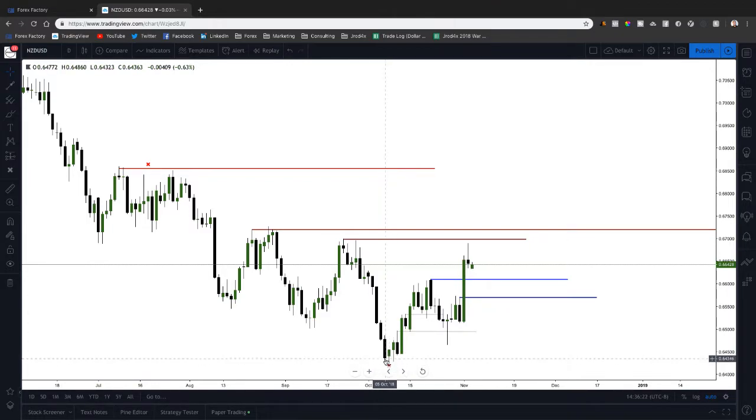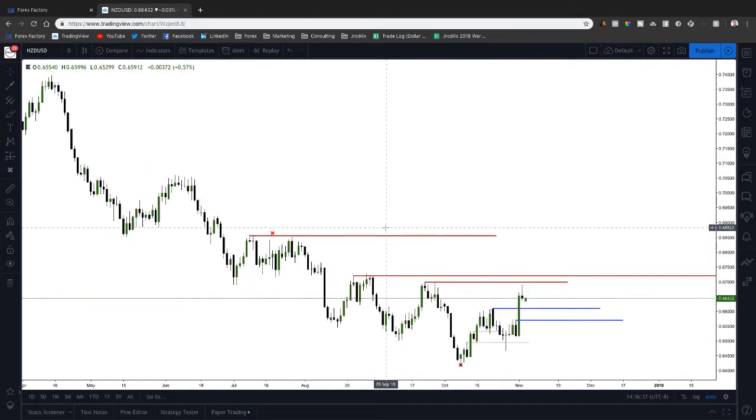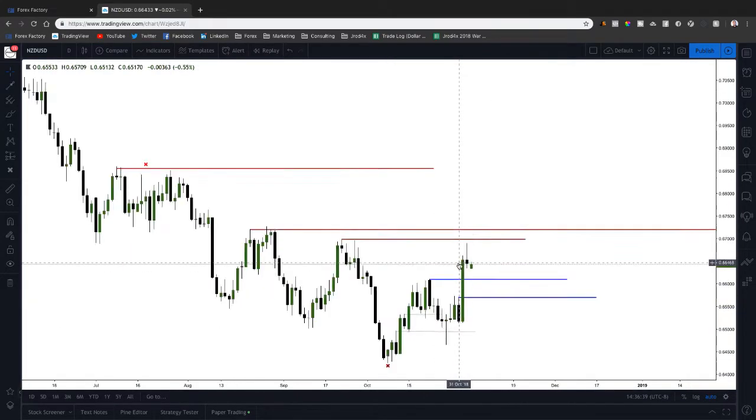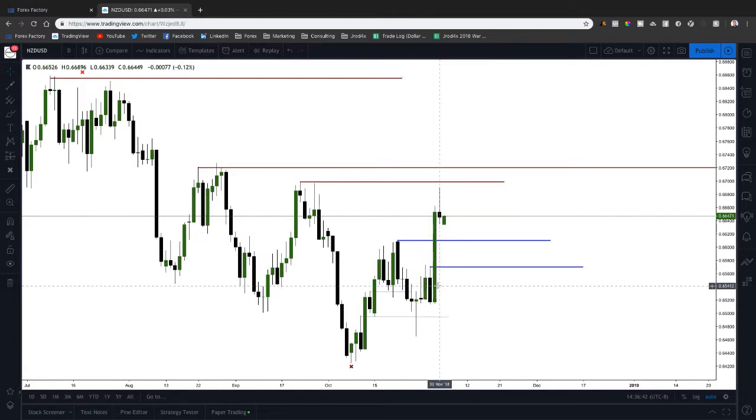So we've got this low, market came all the way up, came back down into support, huge push up. So that's why I'm anticipating higher prices here, because this low at 64.20 could be a longer term low, and we could see New Zealand dollar start trading higher. So that's how I'm factoring all this in.